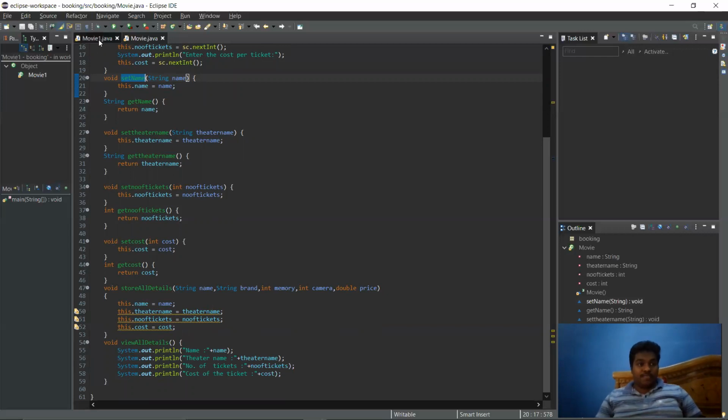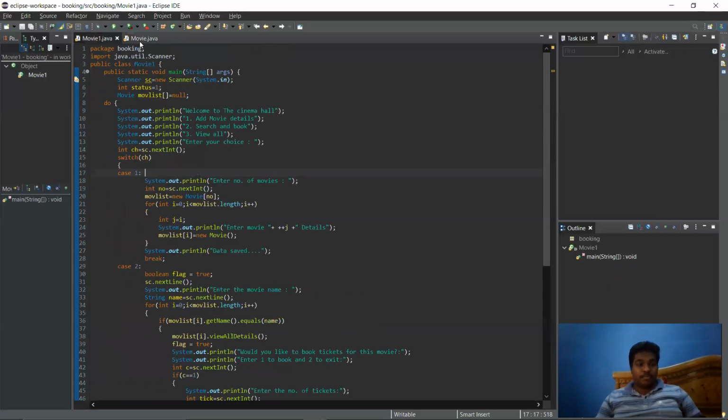After that, I have used another class, Movie1, for displaying it. I've used a movie list for storing the movie names. And after that, I've used a do while loop, with a print statement for the starting page, that is, welcome to the cinema hall.